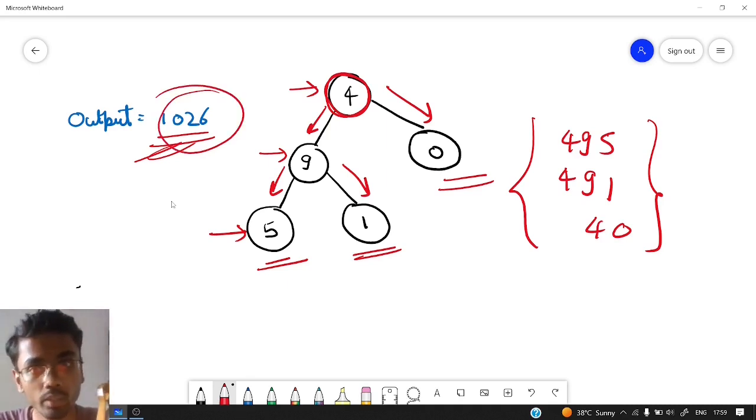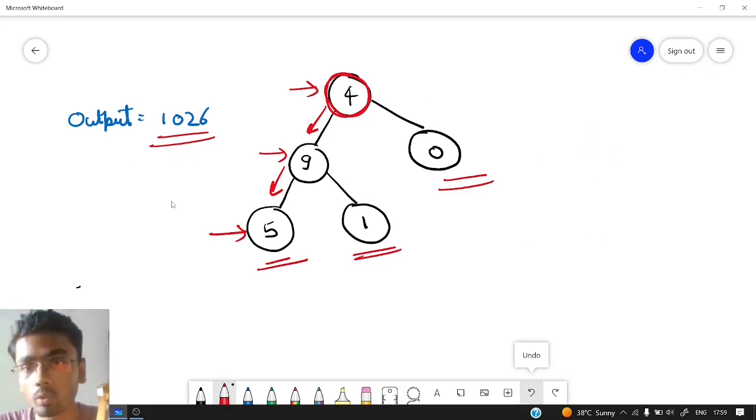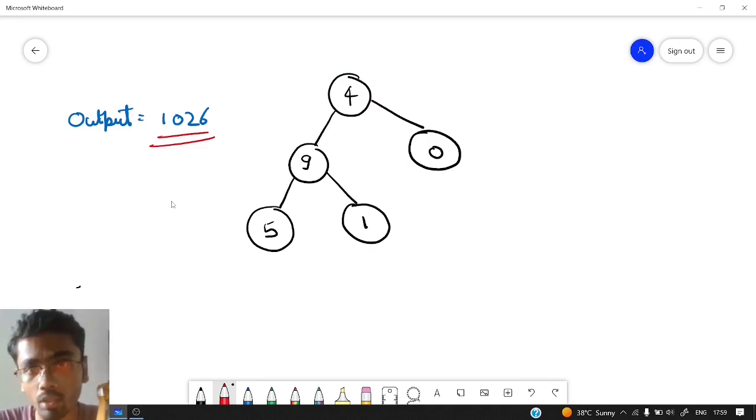So this was about the question explanation. But how can we do it? In order to do this, we can do a brute force kind of thing by going onto each and every path, either left or right, starting from the root node obviously, and if we find a leaf node, we will stop our recursion there and generate a number, and keep storing it in some answer vector. So let us understand what I'm saying. We are starting from the root node, and we can either go to the left or go to the right.